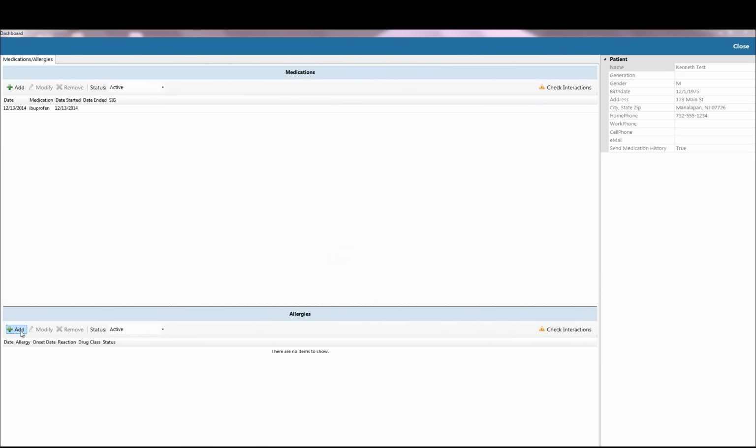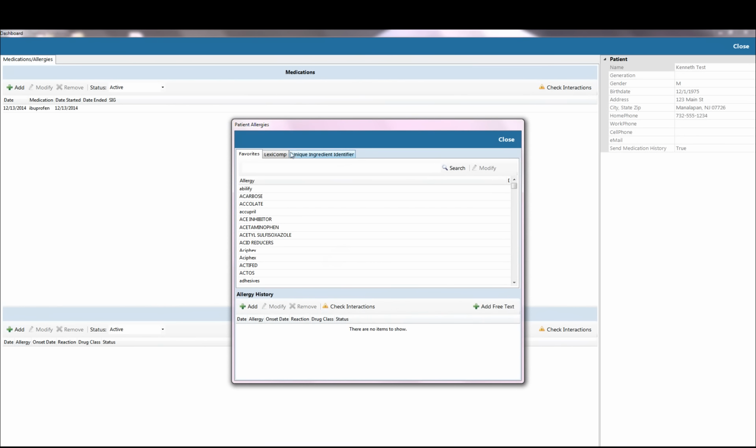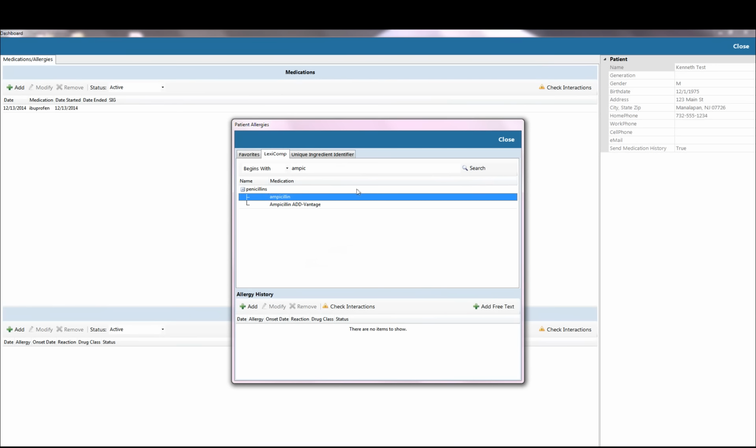I could also at this time add his allergies, which he's telling us he's allergic to ampicillin. And again, I'm going to move over to Lexicomp because I want to include my drug interactions. And add that,